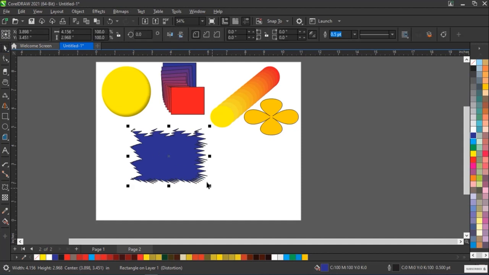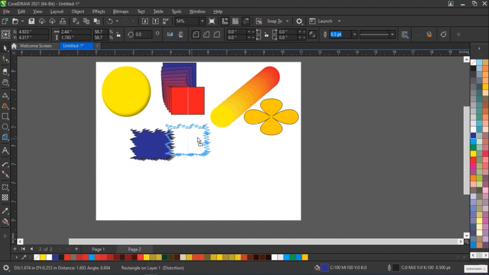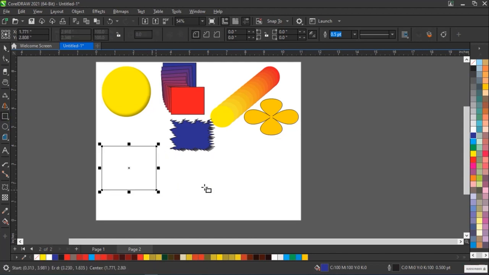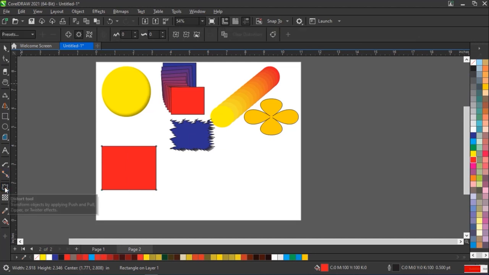Let's minimize this and keep it somewhere right here, and then come right here and select a new object entirely, give it a color red, go back to our distort, and then try the last one we have here. So here is going to give you this twister distortion, so you can twist this object to anything of your choice. So you have to make sure that this circular region, that is the cursor pointing at the circle, is selected, and then you have to drag